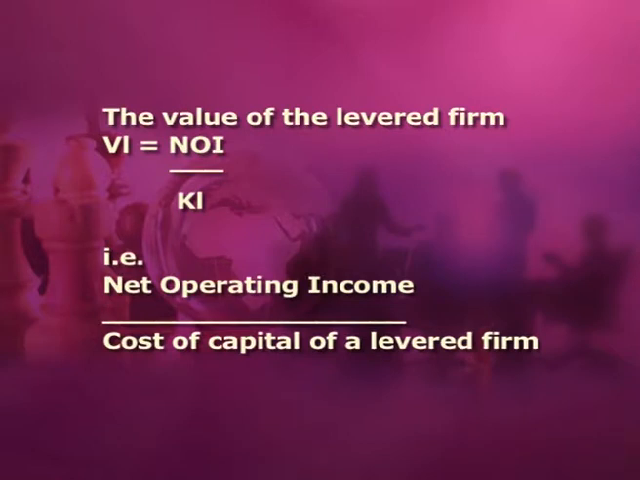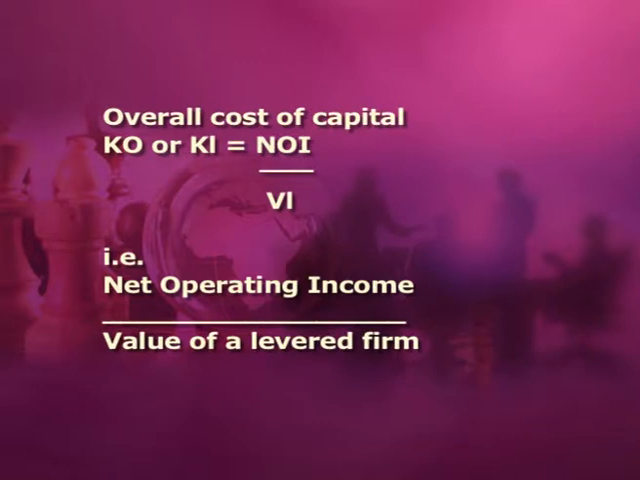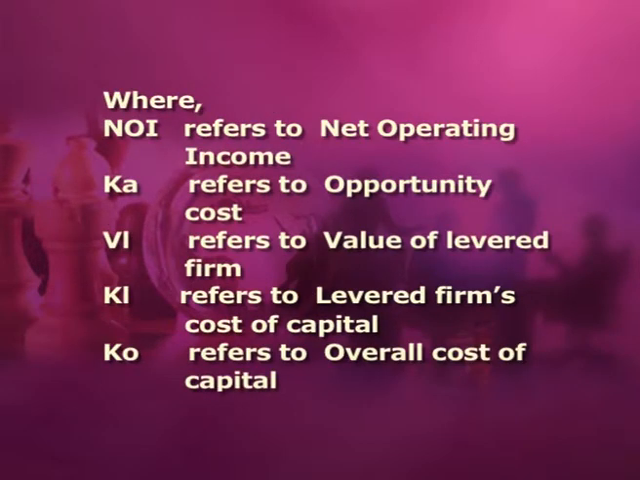In a levered firm, the average rate of return required by all securities holders is the weighted average cost of capital. Therefore, WACC is equal to KO or KL. The value of the levered firm VL is equal to NOI divided by KL, that is net operating income divided by the cost of capital of a levered firm, while the overall cost of capital KO or KL is equal to NOI divided by VL, that is net operating income divided by the value of the levered firm, where NOI refers to net operating income,